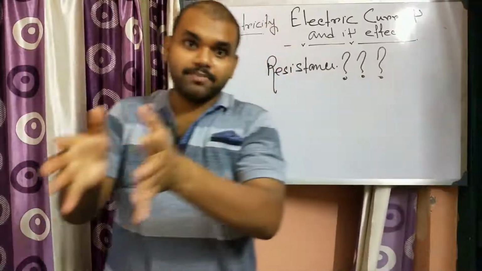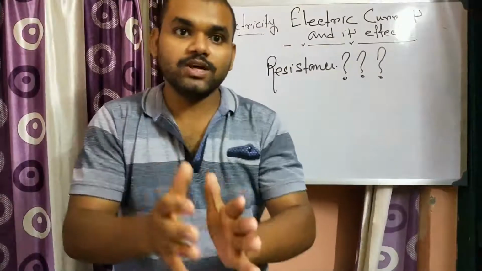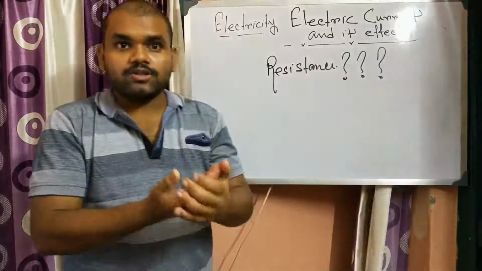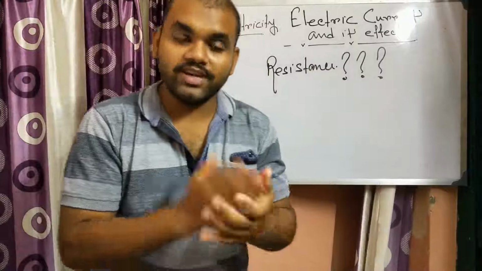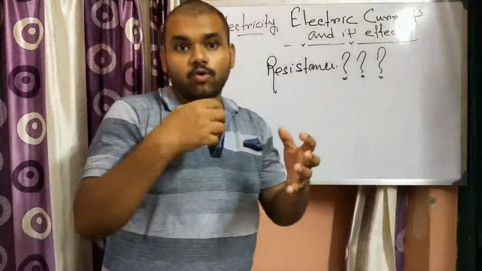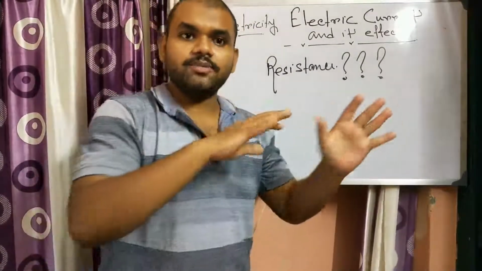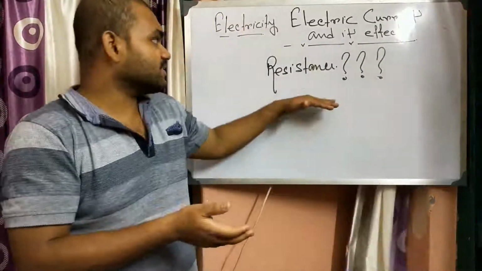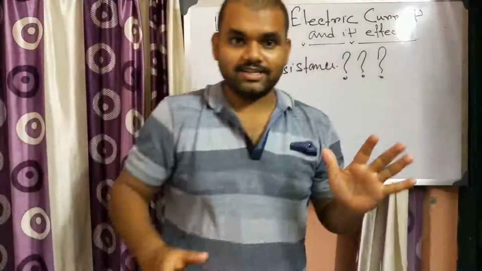So this is the comparison of two materials which provide different resistance to the electrons, or don't allow the electrons to flow. But will the electron flow? Yes, the electron will flow in the case of a conductor, because we can overcome some resistance by giving some potential difference. That will be in the higher classes, where we will learn about potential difference, but let us consider the resistance now. The more the resistance, the more the fight.